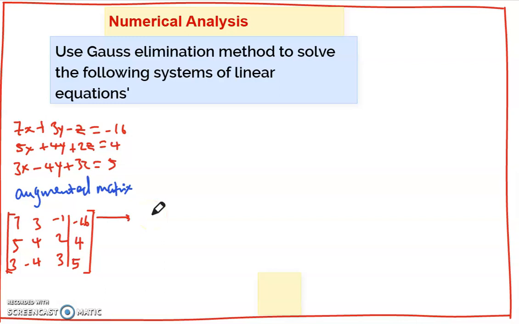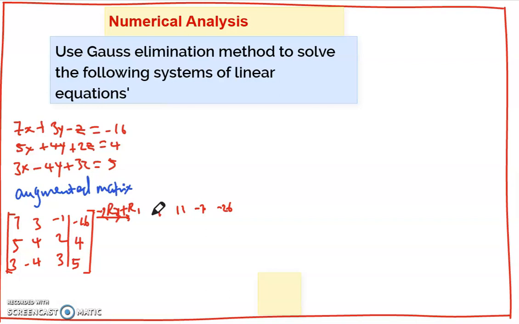To make this first row 1, what we need to do is take -2 row 3 plus row 1. This will give us 1, then we will have 11, then -7, and then -26. What we have done is -2 row 3, that is -2 times 3 will give you